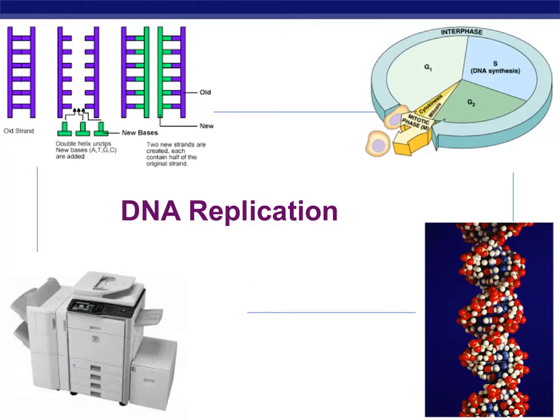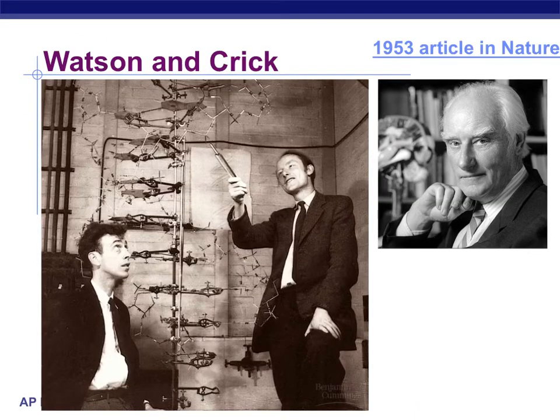In this screencast, we are going to take a look at the process of DNA replication. Before we talk about DNA replication and that process, it's important to review the importance of the structure of the DNA molecule, of the DNA polymer. And Watson and Crick were the first to finally put together a model and describe it in their 1953 article,